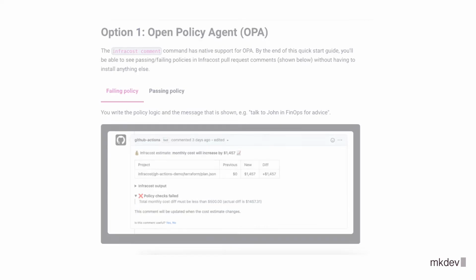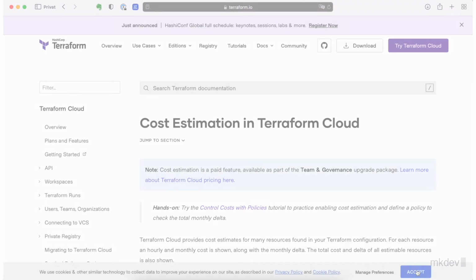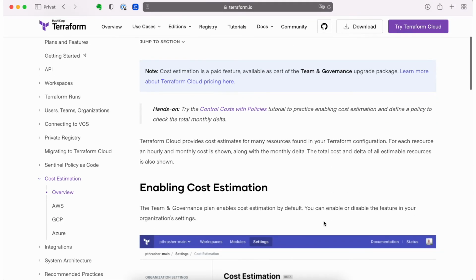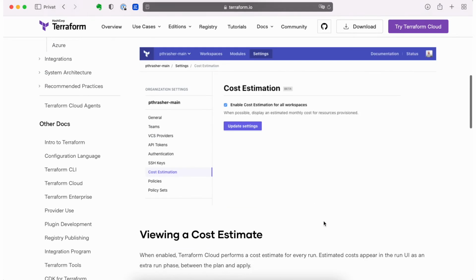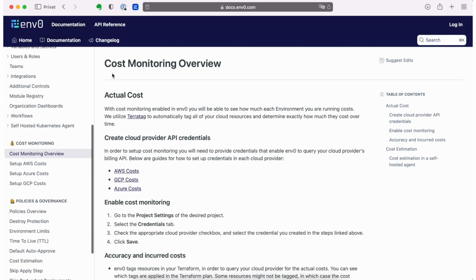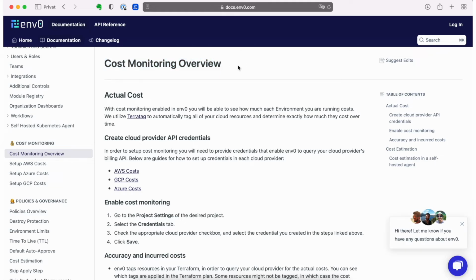With cost estimations being part of your CI/CD pipeline, you're always aware of how the changes to your infrastructure impact your costs. The next logical step could be to use the cost policy feature to prevent an expensive change from being merged. InfraCost is not the only tool that integrates cloud costs into your daily infrastructure as code work. Terraform Cloud, for example, also has this feature built in, though only as an extra paid feature. Env0 is another one. It has a lot of features, cost monitoring being only one of them.